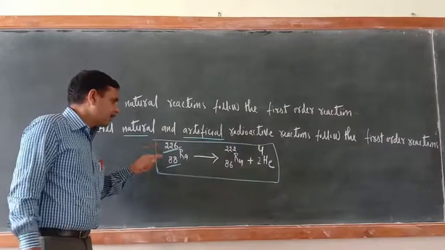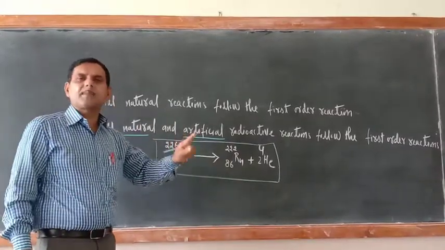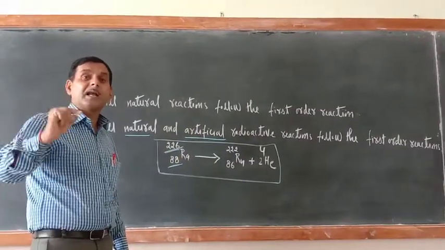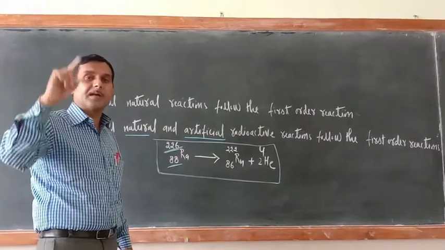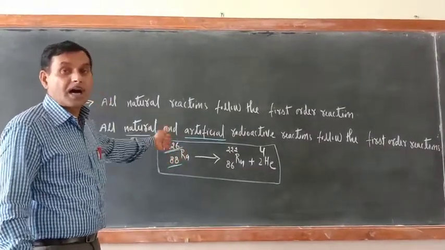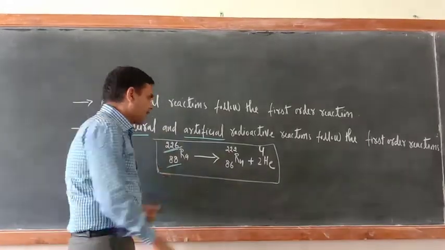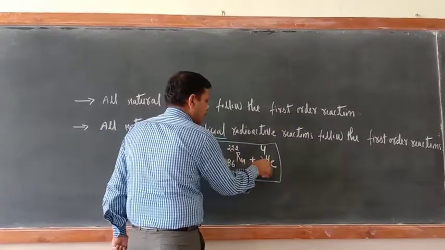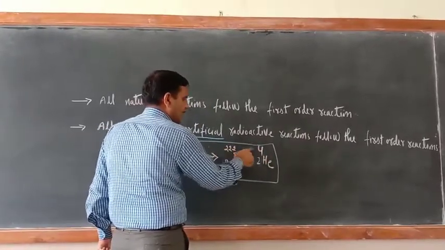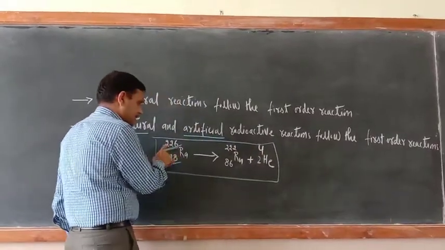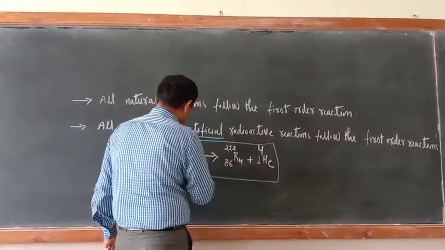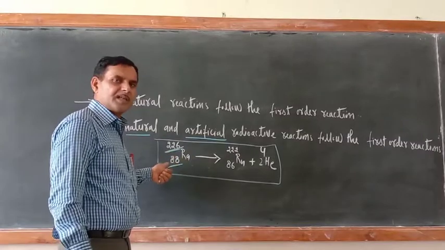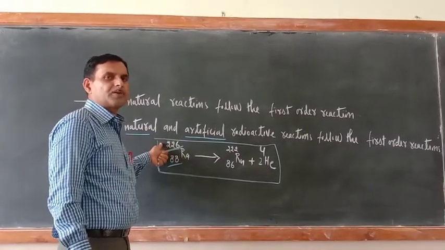Once again I am repeating, this is mass number. Mass number is the sum of proton plus neutron number, and atomic mass is how many times an atom of an element is heavier than 1/12th the mass of a carbon-12 isotope. This is the mass number. It will disintegrate into radon Rn 86-222 plus 2He4. If you sum the mass numbers of this one and this one, you will get 226. Similarly, 86 plus 2 equals 88. So the sums of the mass numbers and atomic numbers of reactant and product should be the same.